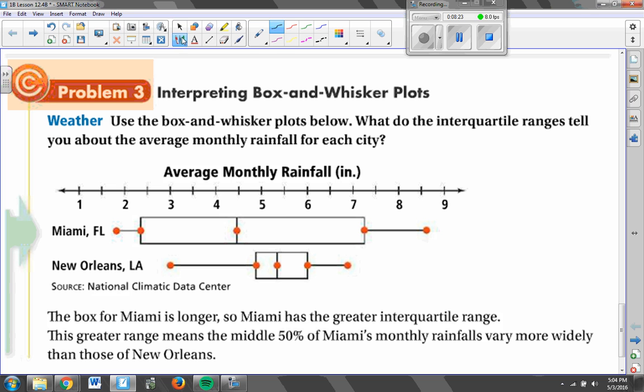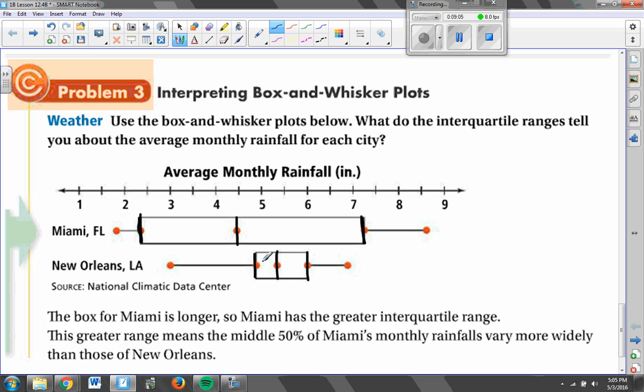And what we need to notice is that these 2 box and whisker plots look very, very different. The first thing we can compare is the center, which in this case is the median. There is a higher median rainfall in New Orleans, so we might say on average there's more rainfall in New Orleans. But then we can look at the first quartile and third quartile, basically look at the size of our box, and say in this case that the middle 50% or right around the average rainfall for New Orleans is much less spread out than it is in Florida. Right? Sometimes in Florida it's actually quite common to see very low rainfall, very high rainfall, whereas in New Orleans